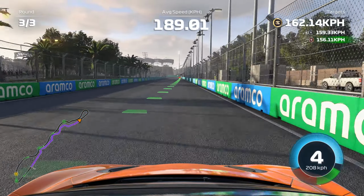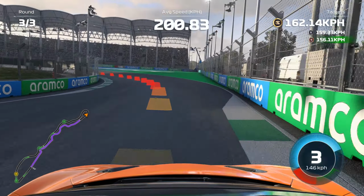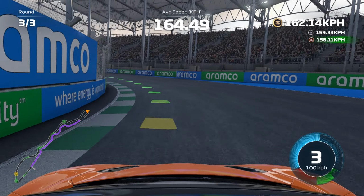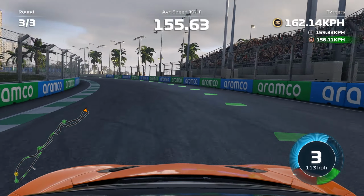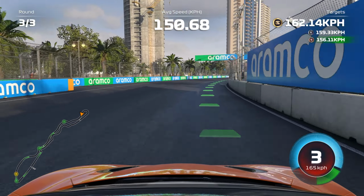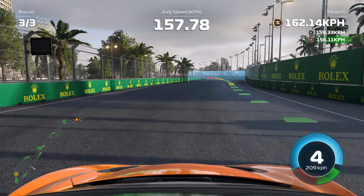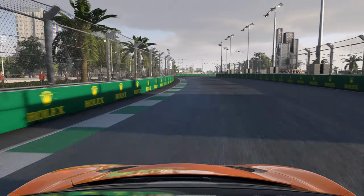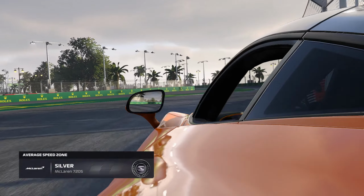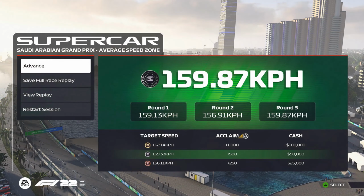Turn 13, I sort of struggled to feel what the proper racing line was. I feel like going up high and maybe going low and just trying to hug the outside wall. I really wanted to try and hug the outside wall because I could hear the tyres screeching about this point here. It wasn't great. Just trying to keep the wheel straight as much as possible on the run up to the line, and in the end it was enough to indeed get a silver, the silver medal